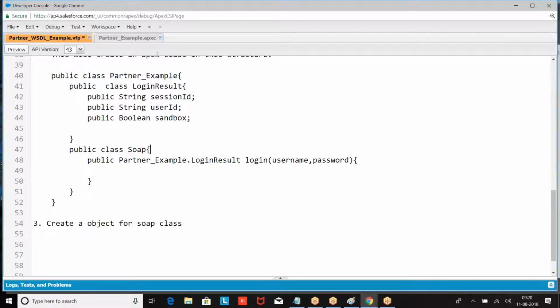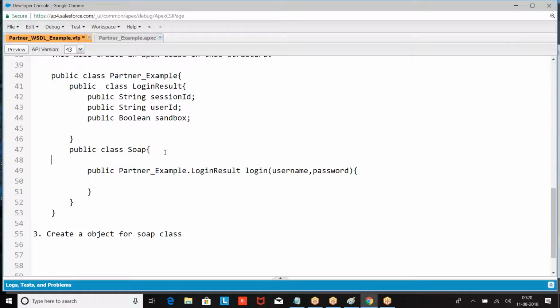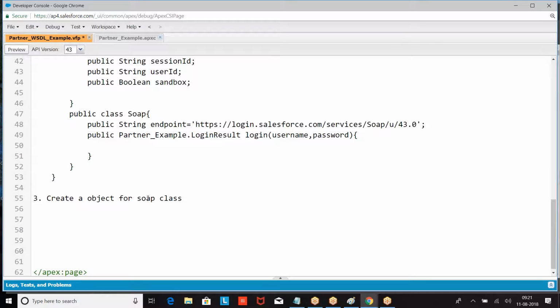subclass. The endpoint also will be there. Create a soap object for the soap class. How do you create it? Partner example dot soap sp equal to, because it's an inner class, so we need to refer with the outer class dot